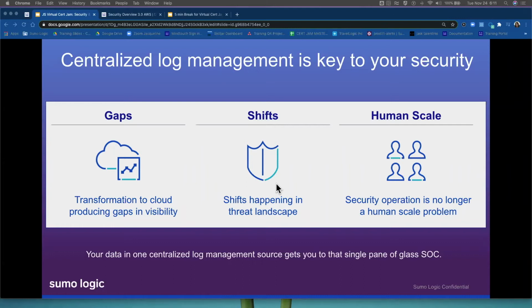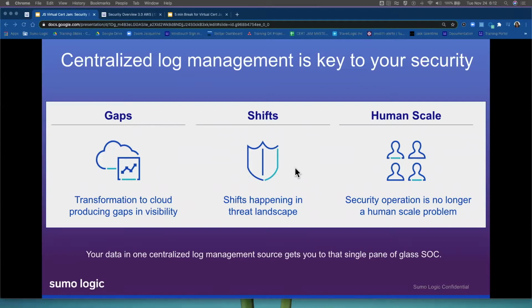And then there are shifts happening in threat intel. Apps are continuously migrating to the cloud. You could have a simple misconfiguration that can lead to a major data breach. And there's also an explosion, if you will, of attack surfaces, such as devices from the Internet of Things. With all these multi-cloud environments, containers, and modern apps, just being able to keep on top of that